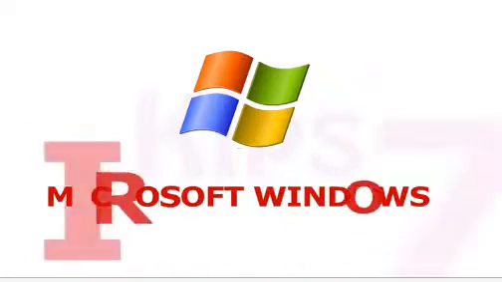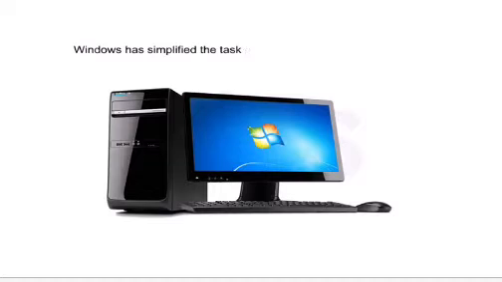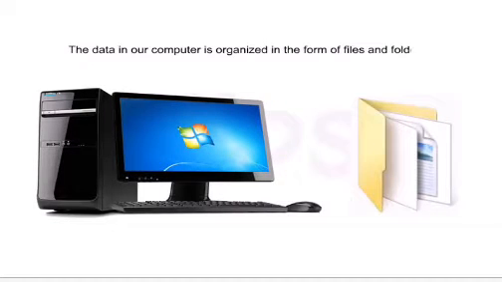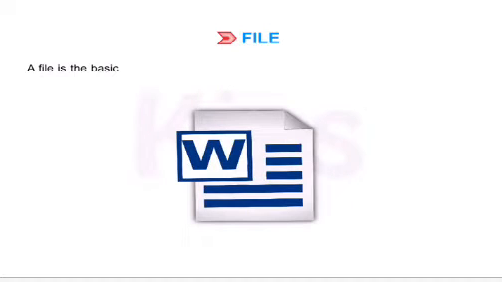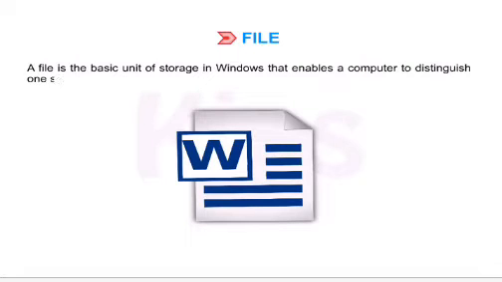about Microsoft Windows 7. Windows has simplified the task of managing data in a computer. The data in a computer is organized in the form of files and folders. Before moving forward, let us first discuss about file. A file is the basic unit of storage in Windows that enables a computer to distinguish one set of information